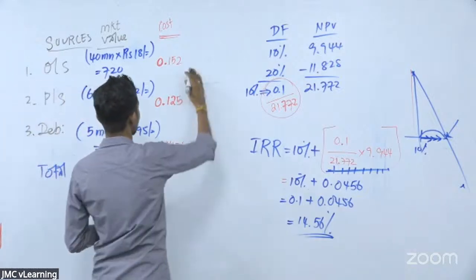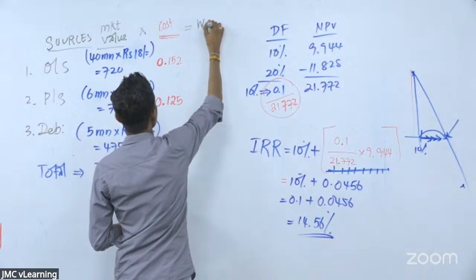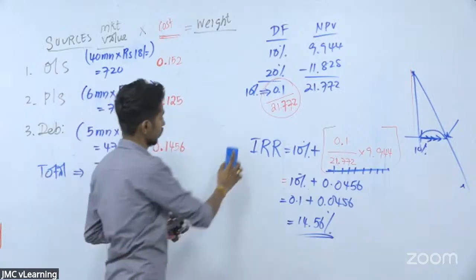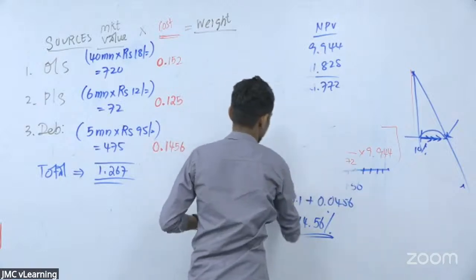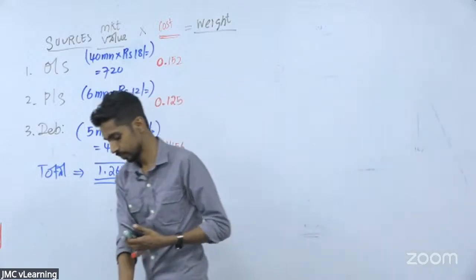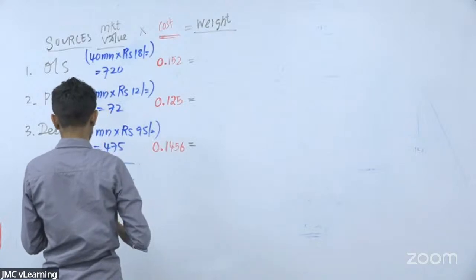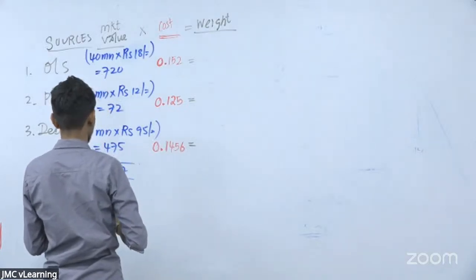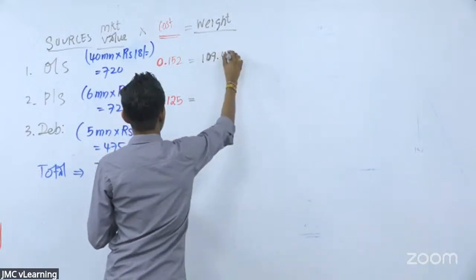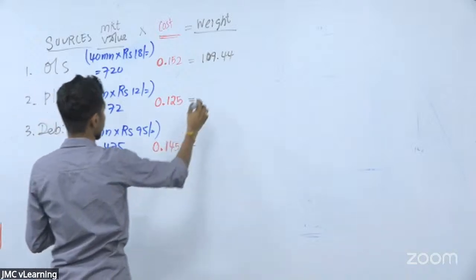Then get the market value. Now we have already got the market value. Then multiply by the cost, then you will be able to get the weighted value. Weighted value by multiplication. Get the weighted value. 720 into 0.152 is 109.44. 72 into 0.125